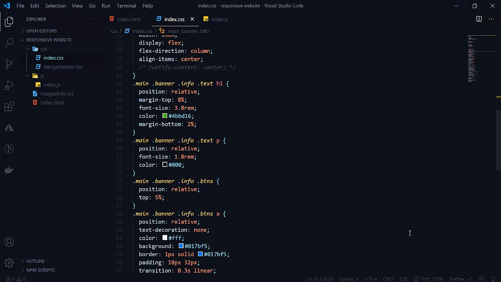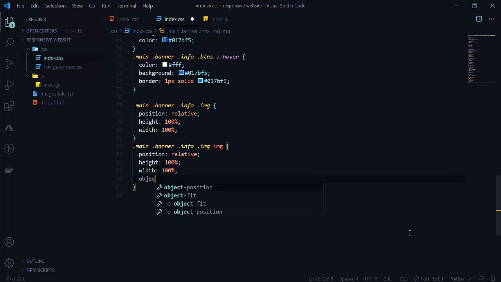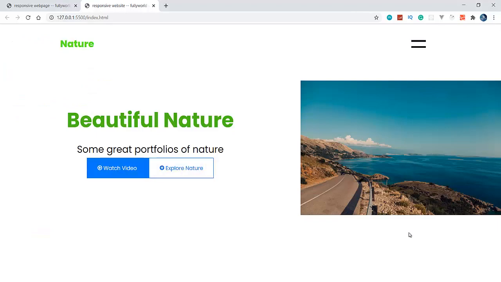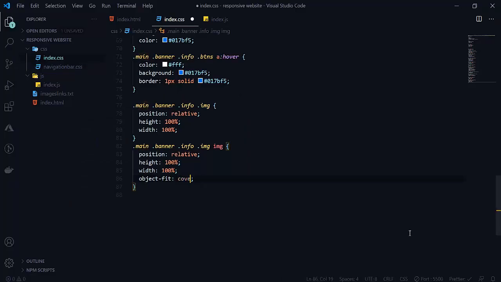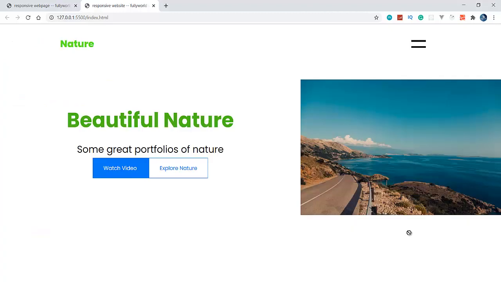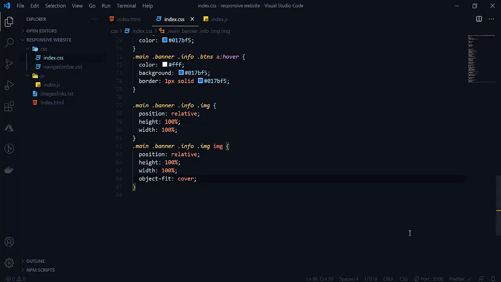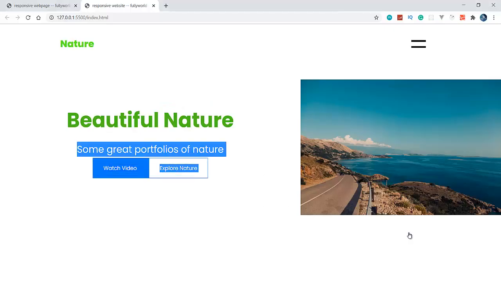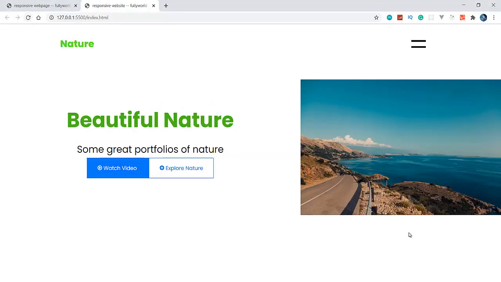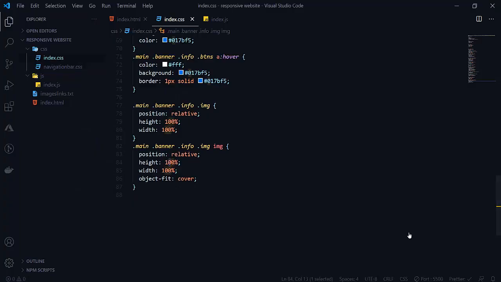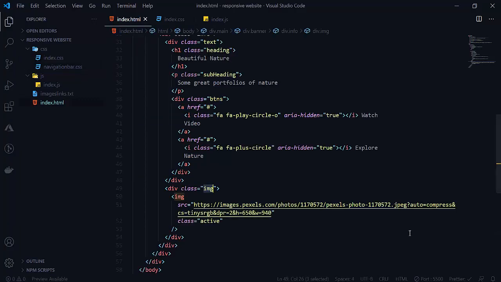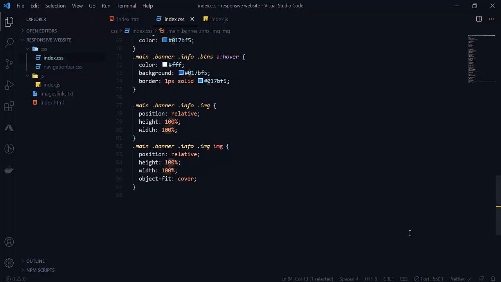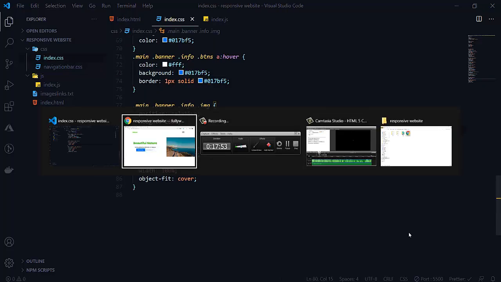So let me try object fit contain. Let me check it. So contain will be like this, and cover is the same here. So its height and width are the same here. So let me write height as 120%. Okay. Classes dot img. So it is working perfectly. Object fit is cover here.